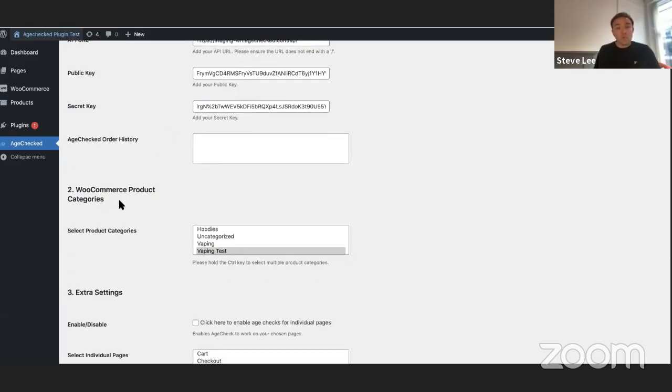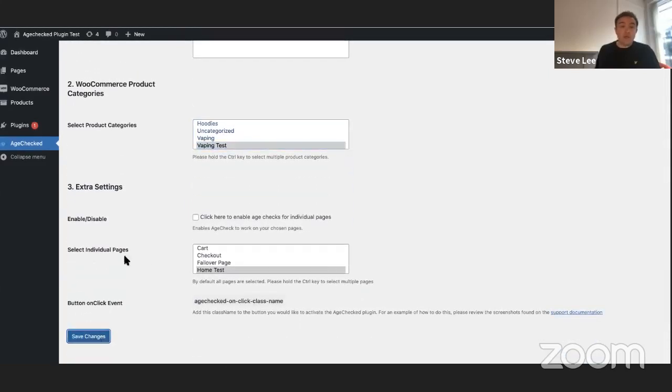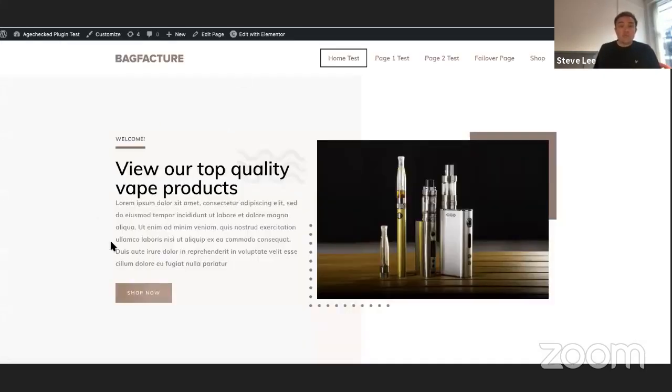So if we see from the WooCommerce product categories, what the plugin will do is pull back all of the categories that you have on your site. So we can simply select the category that we want, and then that'll activate the API onto that particular category. So if we go back onto the front end of our site, if we go into our shop,